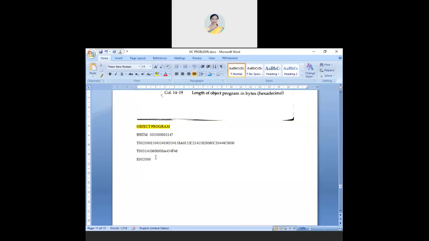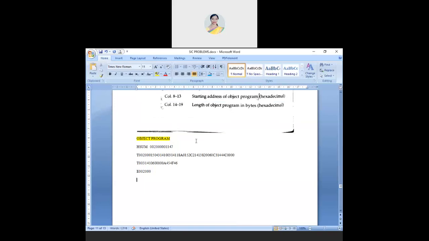So just for you people to get cleared how exactly it is loaded, even in my notes also I have written after the completion of pass two only. So that students will be clear, so they can relate your assembler with the operating system. Because you are learning operating system also, right? So that it becomes very easy for you people. Done? Any doubt?